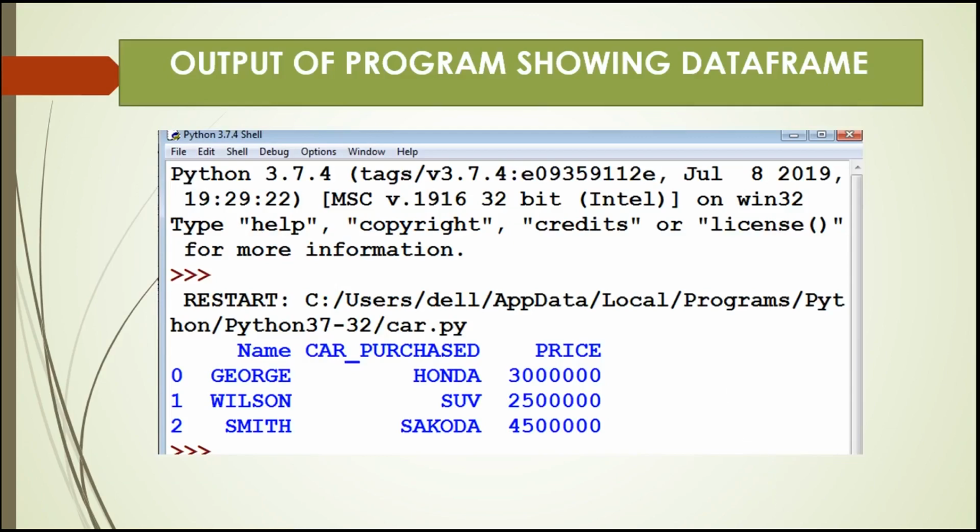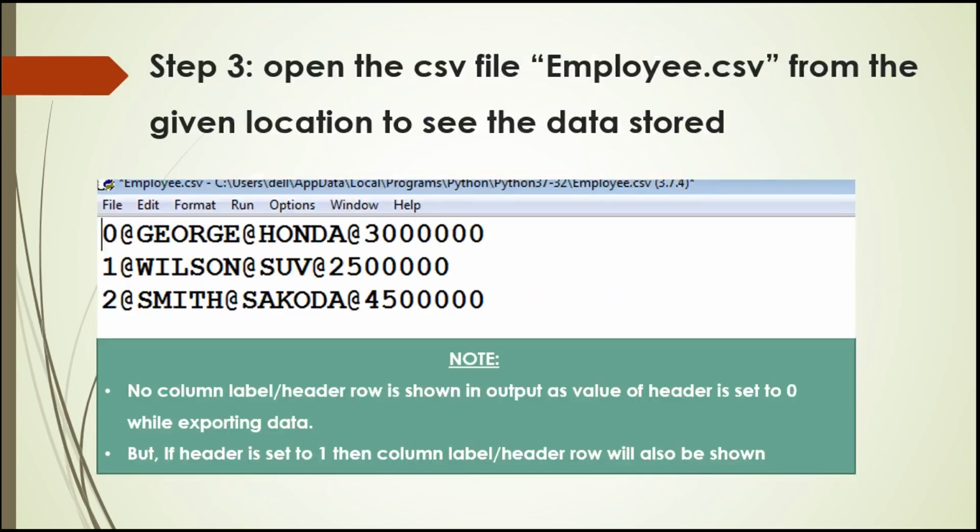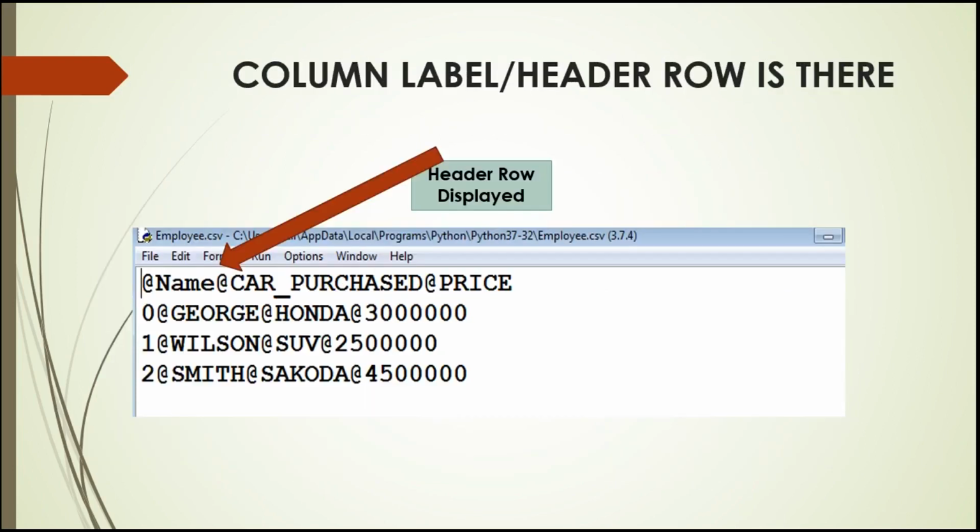I have set header equal to 0 and that's why it is not showing any column header in the Notepad file. But if the header is set to 1, then the column label or header row will be shown. You can see here name, car purchased, price. So this is shown here because when you set header equals to 1, then only the header row will be displayed. So I hope that you understood the topic of CSV files and how to import and export data